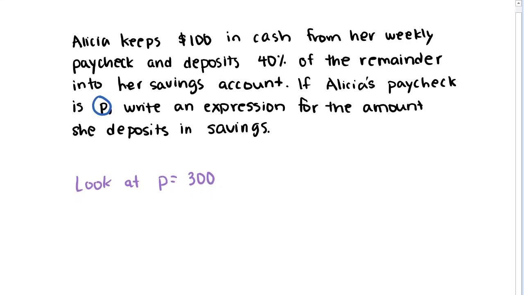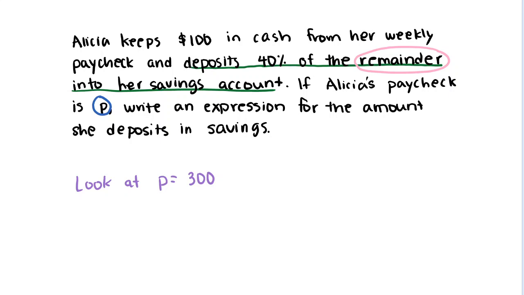So here, Alicia keeps $100 in cash from her weekly paycheck, and she deposits 40% of the remainder into her savings account. So this is really telling us that this is happening second, right? The remainder is telling us that, whatever is left over, she's depositing 40% into her account. So this is happening second. What's happening first is that